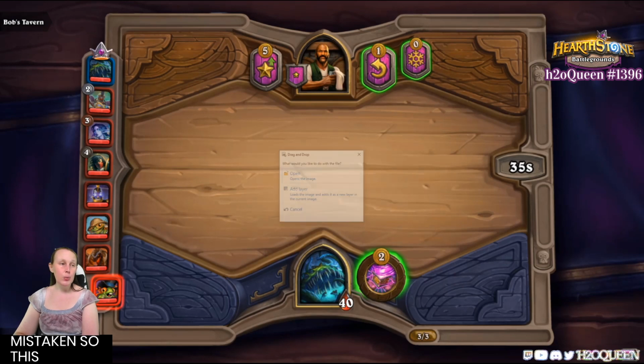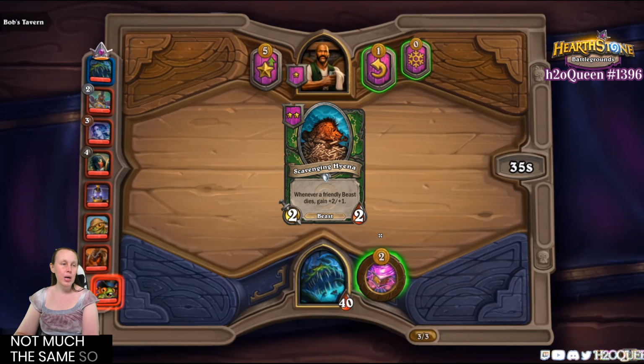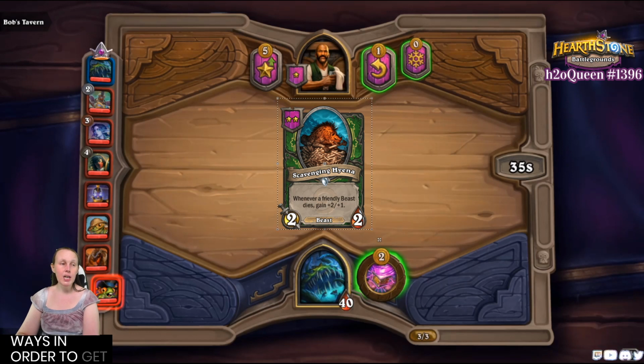So this one works very similar, but not much the same. So every time, so it is pretty much the same. Whenever a friendly beast dies, this gains +2/+1. And there are some different ways in order to get this Scavenging Hyena up to its best potential,